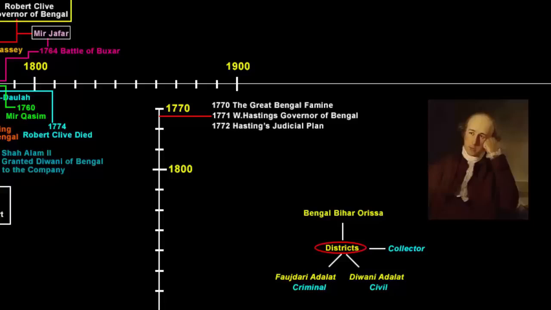There was a constant loot going on. The change in judicial system in 1772 to some extent brought back the confidence of the people in the government and the justice which they once had under the Nawab rule. But even this plan had a big defect. There were actually two huge defects in Hastings' plan. One was that now the collector acted as the administrator, the judge, and the magistrate. If you see, too much power was given to a single official.